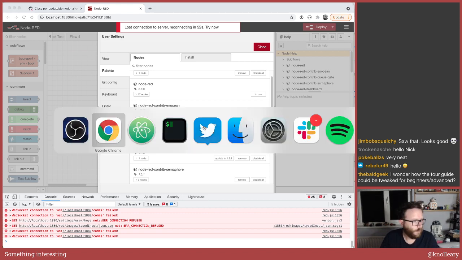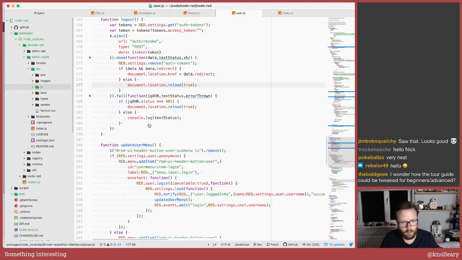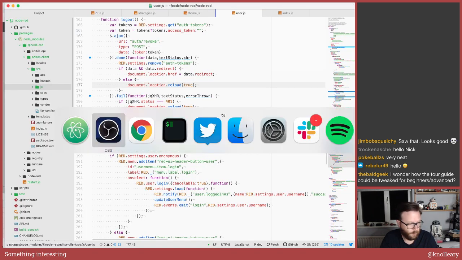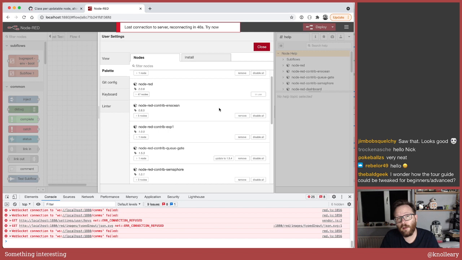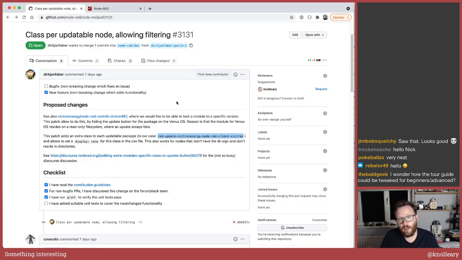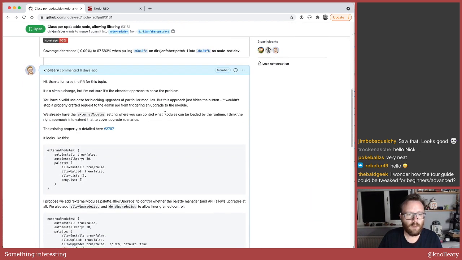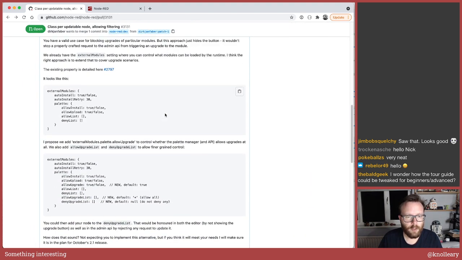So rather than take the approach they've suggested, and I understand why they've suggested it, it's a really simple fix, and a pragmatic, quick solution. But given this sort of change isn't going to go in until 2.1 later this month, we do have a bit of time to get the fix right. So what I had proposed was